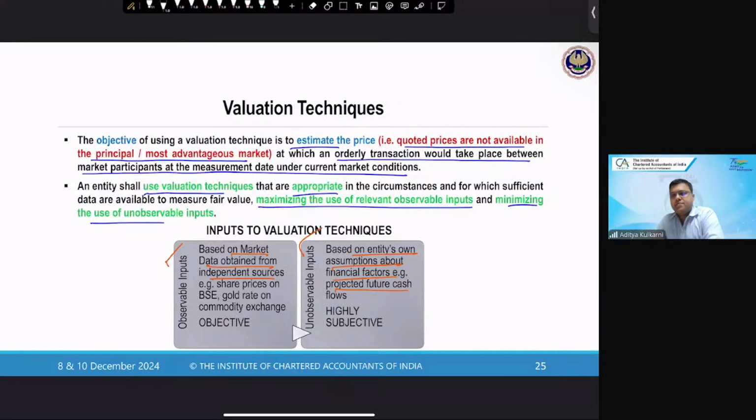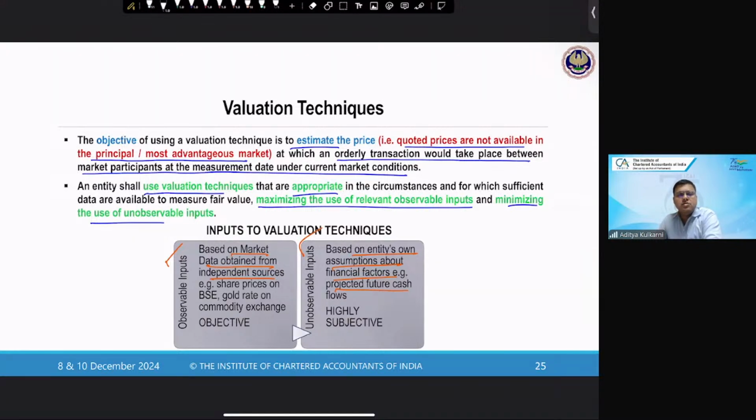In the last class, we had started off discussions on Ind AS 113, that is fair value measurement. Very critical standard from an Ind AS perspective. There was no corresponding standard in your IGAP regime. So we saw what exactly it means, and why this standard is important, because be it financial instruments, non-current assets held for sale, or the agriculture standard, in all these places you have references to fair value. And beyond this also. So that is why it was critical to establish a framework for fair value measurement, and that is what has been achieved by the standard.